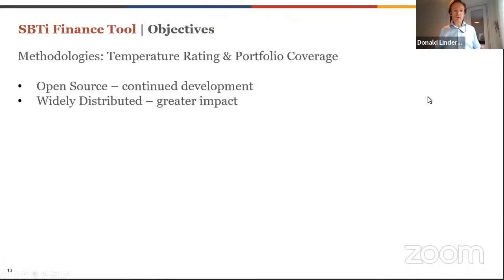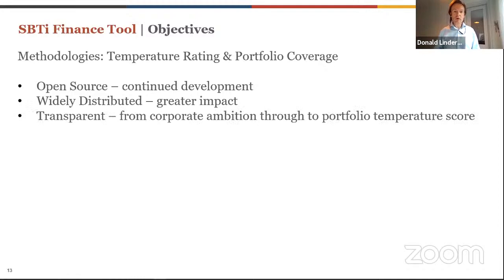We wanted this to be as widely distributed as possible, naturally, to get a greater impact from this tool. We wanted it to be transparent so that you can follow from the corporate ambition saying that we're going to reduce emissions by this much to your temperature score, so you can follow the whole process from start to finish within